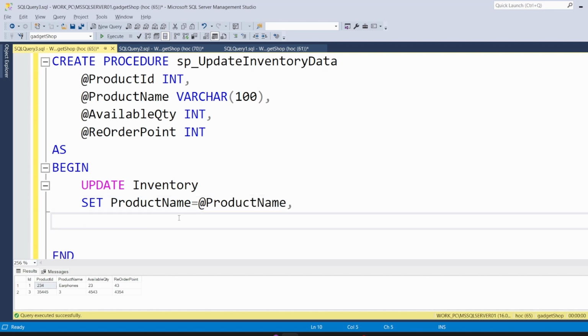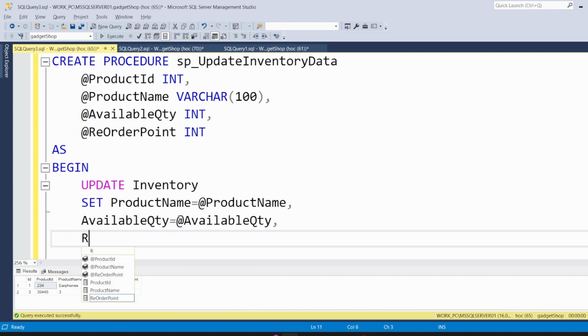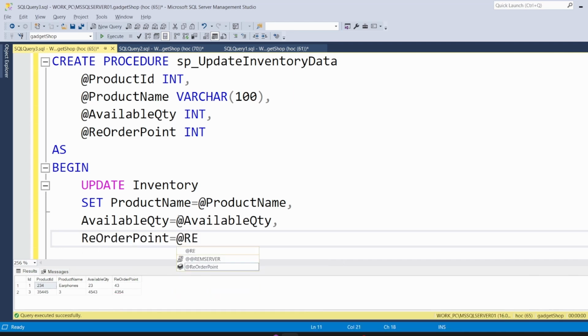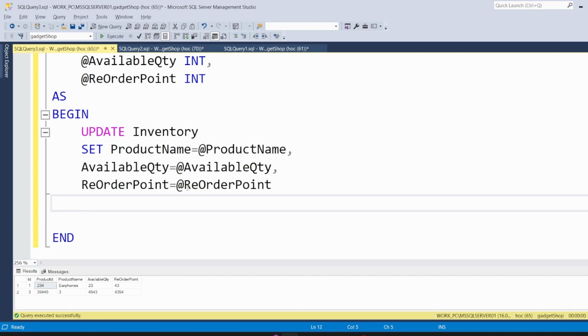We have product name, then we have available quantity, then we have reorder point. These are the three columns that we are updating, and which particular record we want to update, that condition will give through where clause